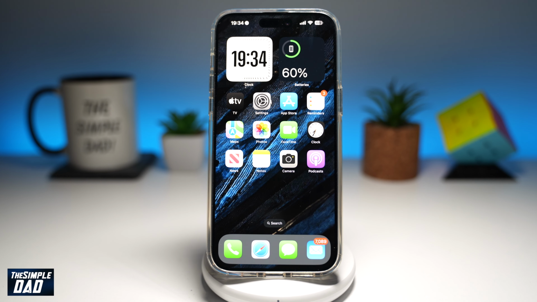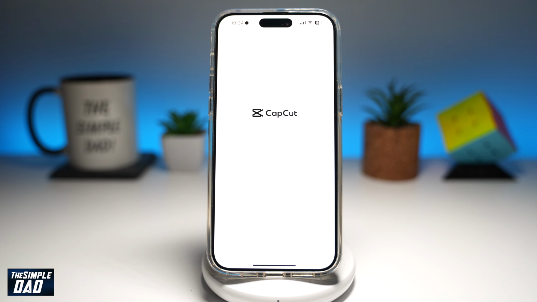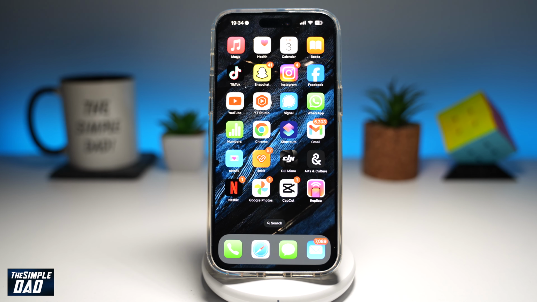Welcome back everyone. In this video, I'll show you how to fix iPhone apps that are crashing on your iPhone running iOS 18. So if you have an app which you're running and it keeps crashing, so for example, CapCut, where it opens up and then suddenly just goes back to the home screen, then let me show you how